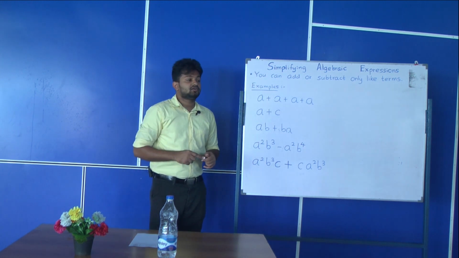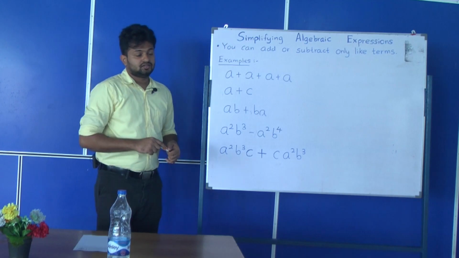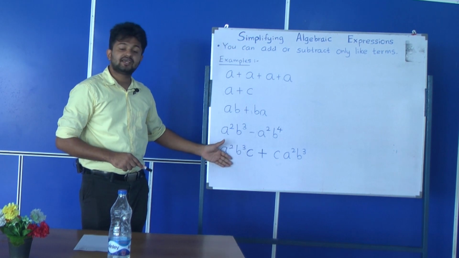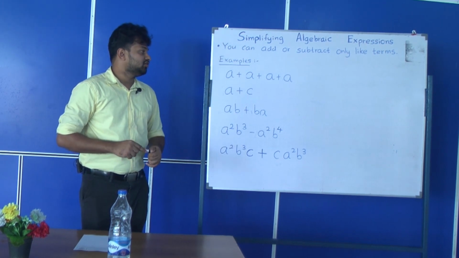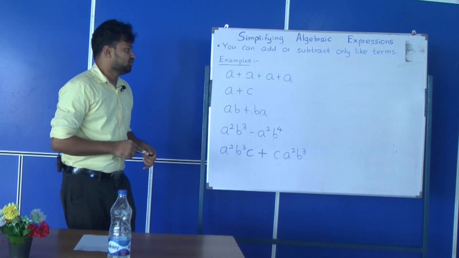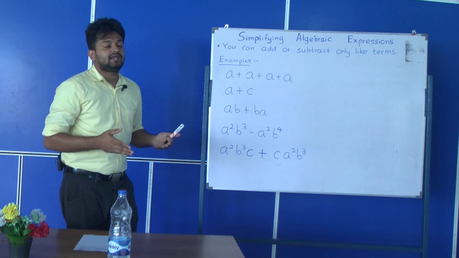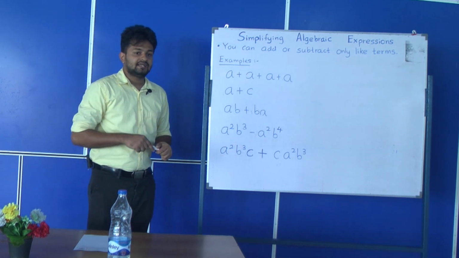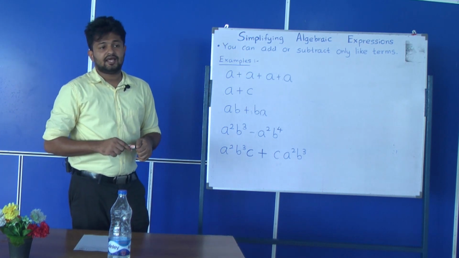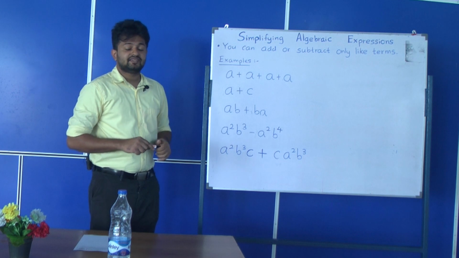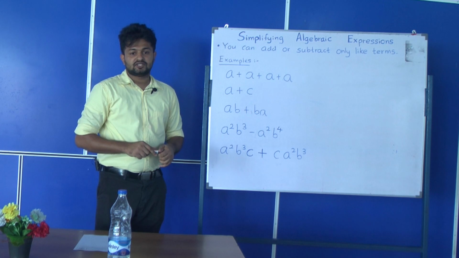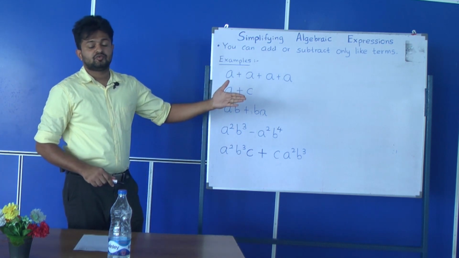To simplify, you have to identify what like terms are. So what are these like terms? Here I have given a few examples of algebraic expressions. Here we are going to identify which have like terms and which don't. Like terms can be defined like this: if you are using a letter, it should be the same letter. Numbers also can be taken as like terms. If you have numbers with expressions, numbers are like terms, and the other letters are like terms. A letter becomes a like term to another letter.